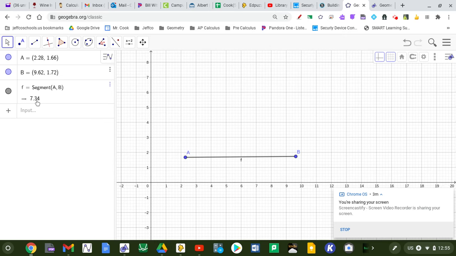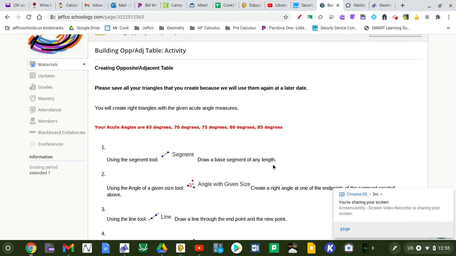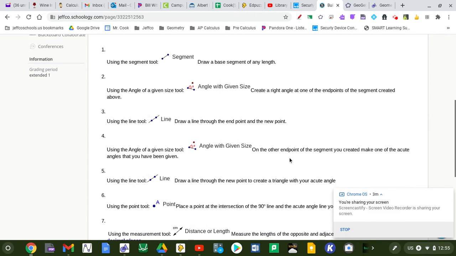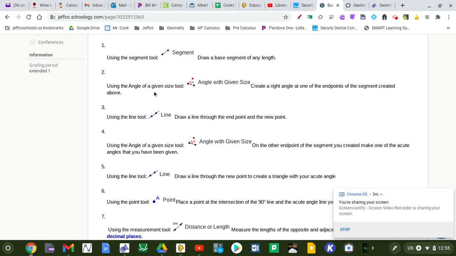Now it's telling me that that length is 7.34. That's not anything I need to know right now, but that's the length I chose. All right, great. So I did the first step. I drew a segment of any length. Second step is to use the angle of a given size tool and create a right angle